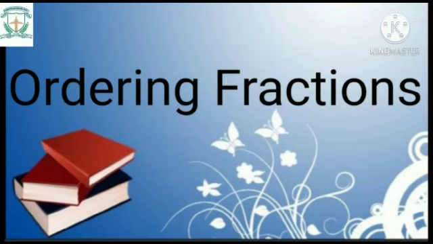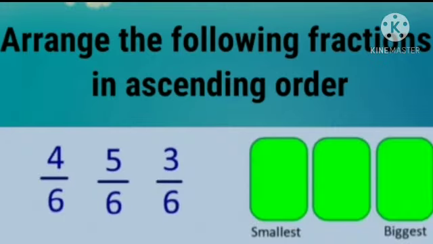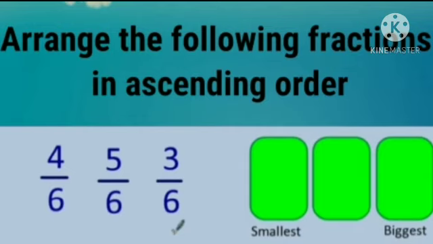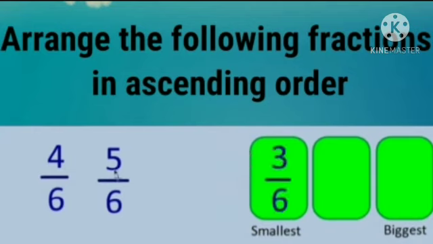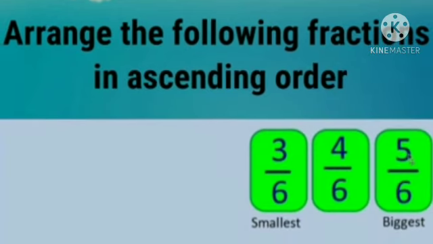Ordering fractions. Arrange the following fractions in ascending order: 4 by 6, 5 by 6 and 3 by 6. As the denominators are same, the given fractions are like fractions. We compare the numerators of such fractions. The fraction with the greater numerator is greater. On comparing the numerators, we find the ascending order of the given fractions is 3 by 6, 4 by 6